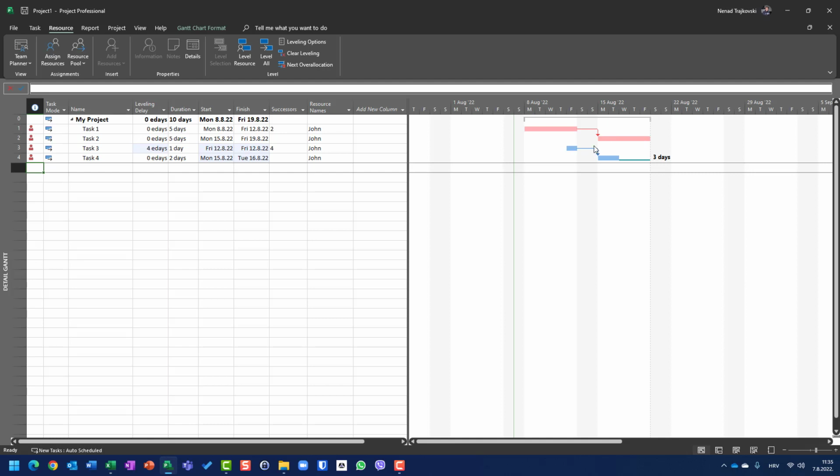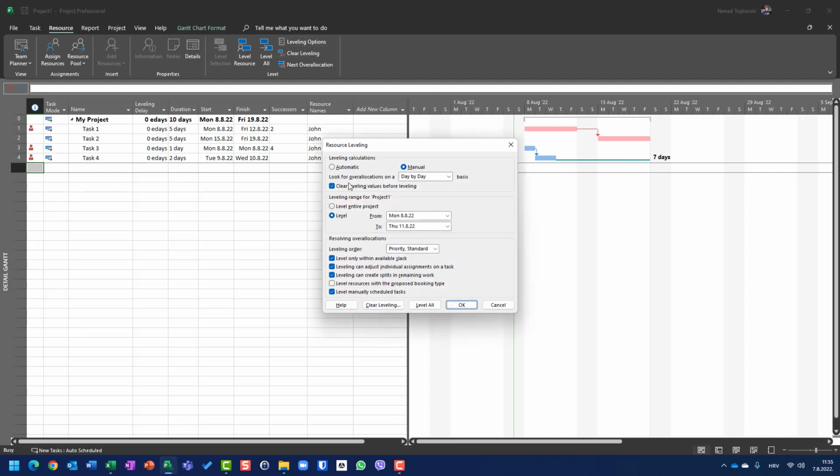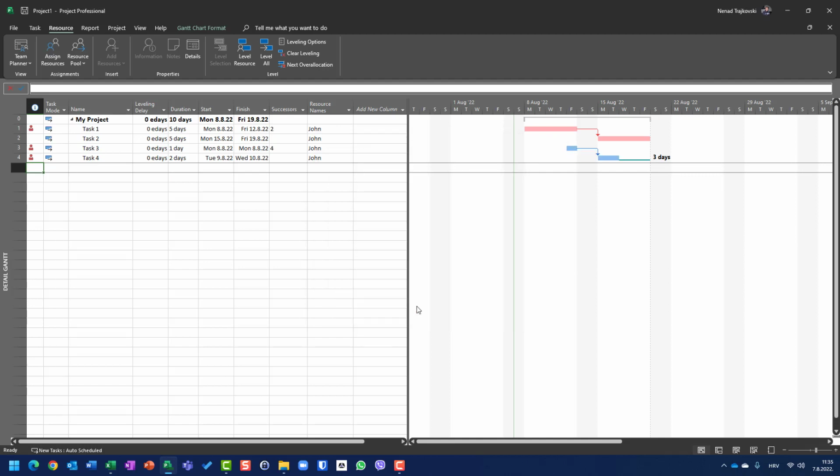Okay? So once again, since I have 7 days here, I will say leveling options, level only with available slack, and when I say level all, it will be moved here,